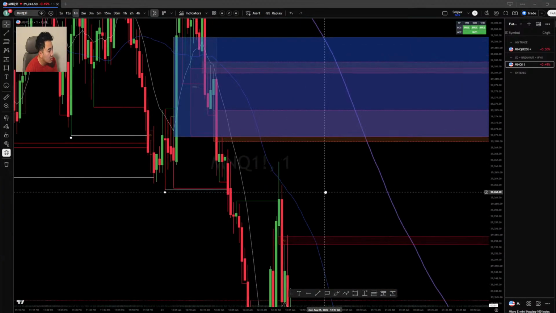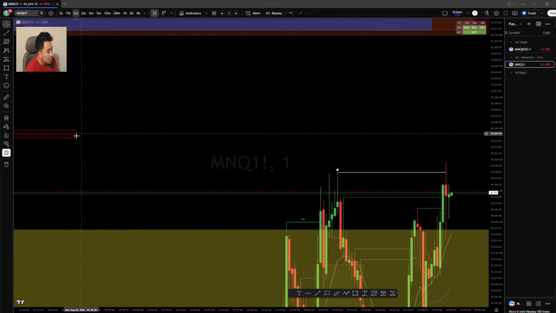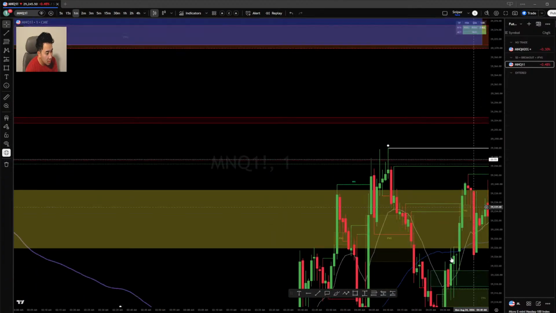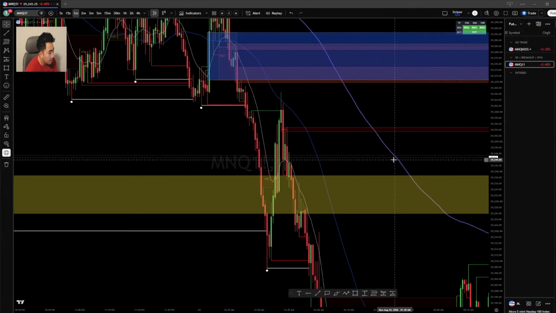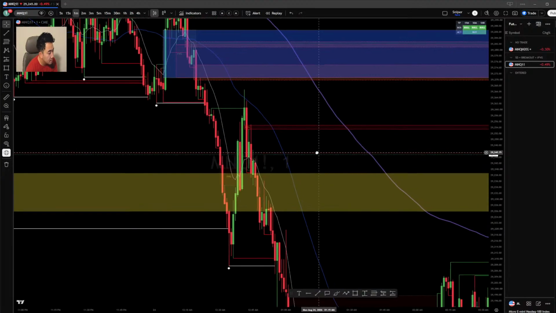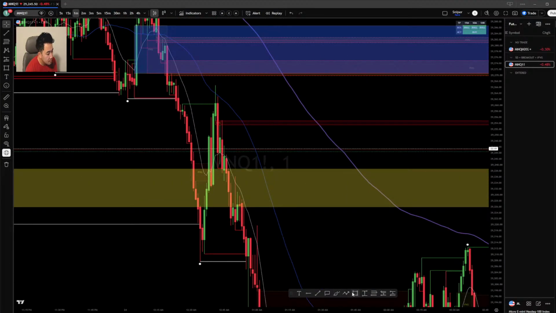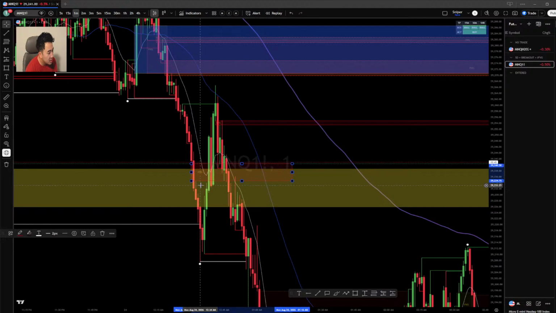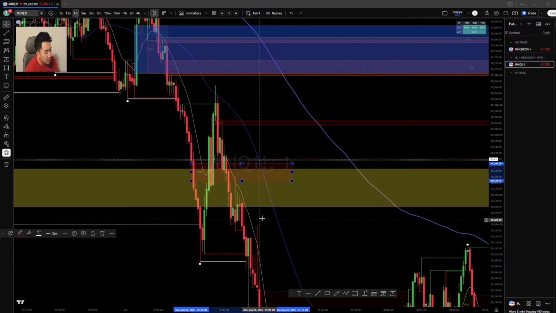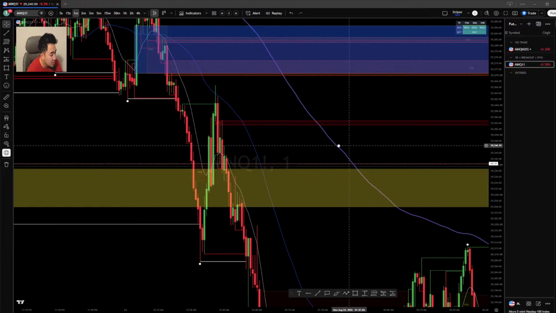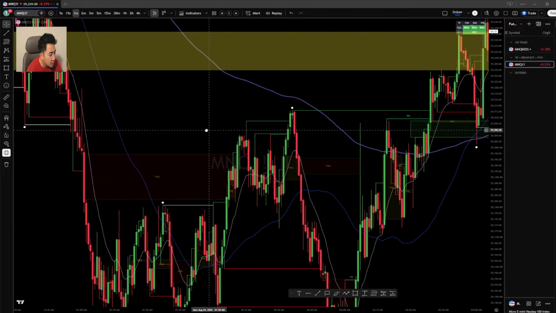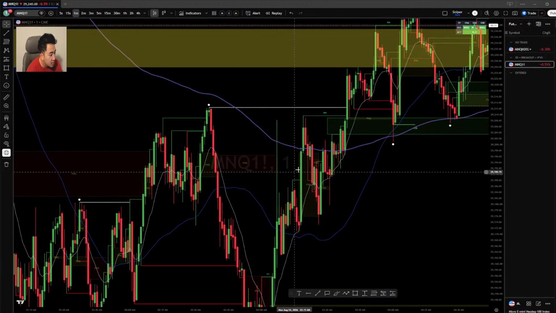Push this over. This is a bearish FVG, becomes bullish inversion. Price came back down, retested it, but then broke to the downside, so that's no longer good there. Okay, everything here is pretty good so far.